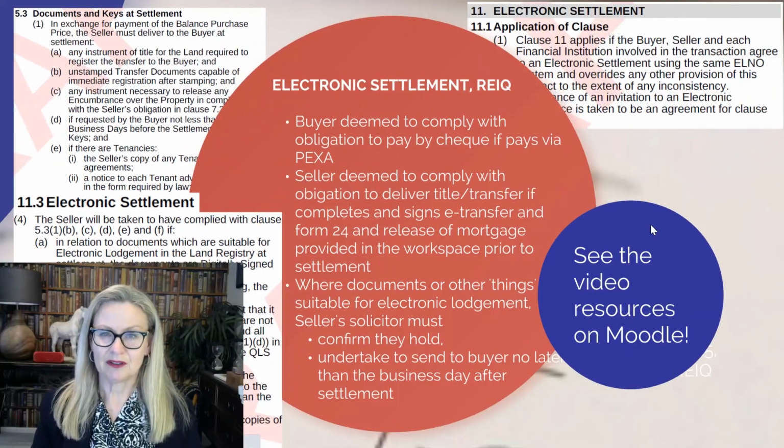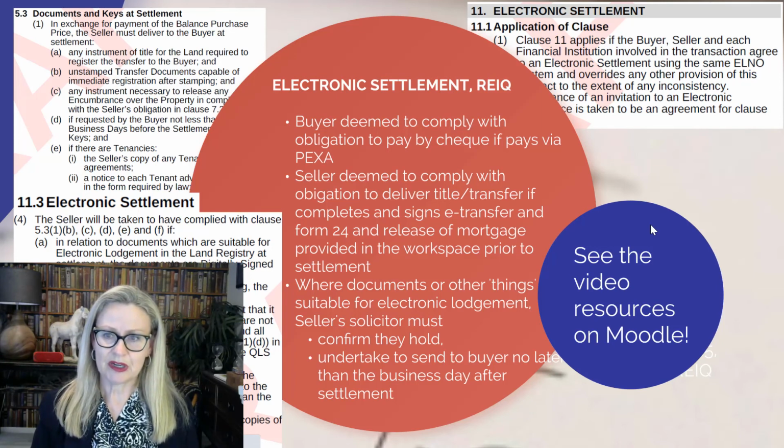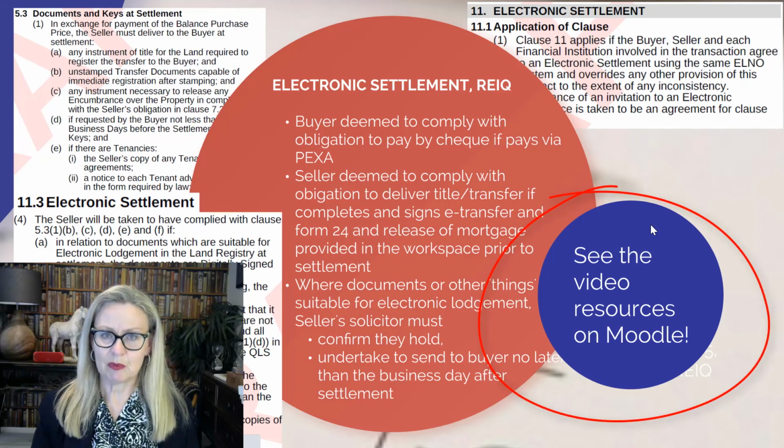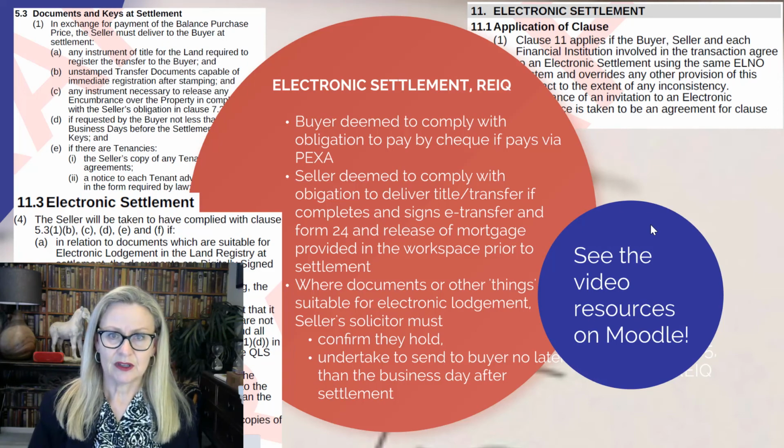I'm not going to labour the whole issue of electronic settlement. The text covers the legalities of electronic settlement quite well. You can go and have a look at those clauses in the contract that I've pointed out to you. And also there are some fairly decent resources that have been put out by PEXA, including a couple of videos that step you through a conveyance when you're acting for a vendor and a conveyance when you're acting for a purchaser. And I've put those resources on Moodle for you. I've linked them there, so you can go and explore those at your leisure. So that is electronic settlement,